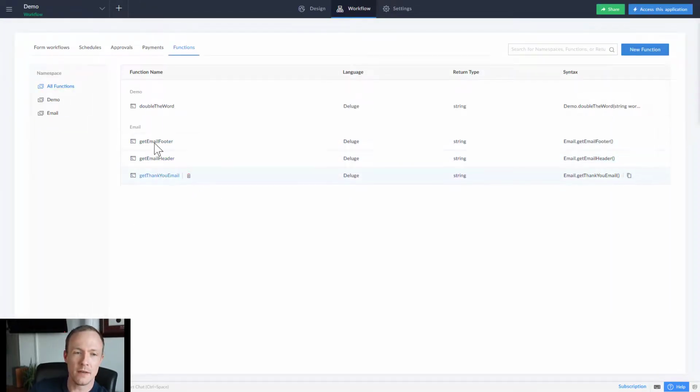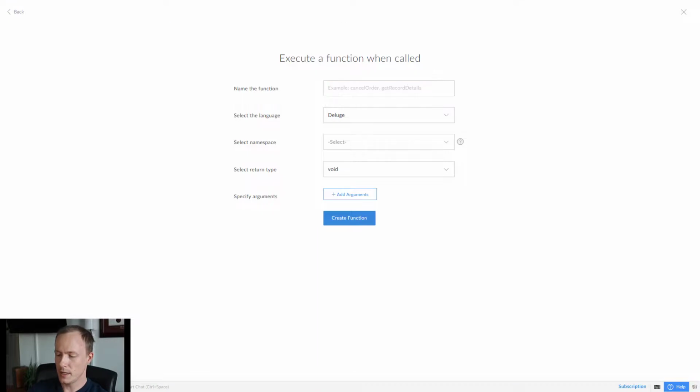So now we have a thank you email all contained within a single function, and it's modularized using the header and footer. If we want to add in a receipt email, we can reuse the header and footer, and so on and so forth. For now, what we'll do is I am going just to do a test, set it as default return type void, add arguments none. I'll create a function,